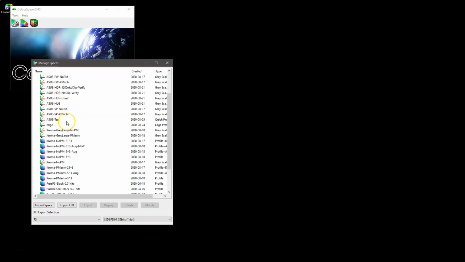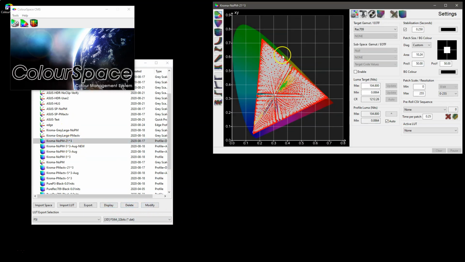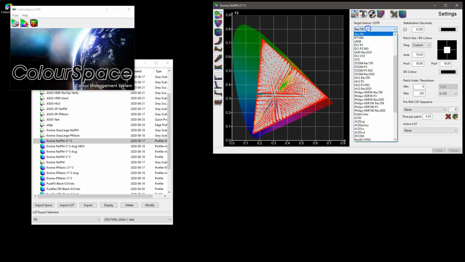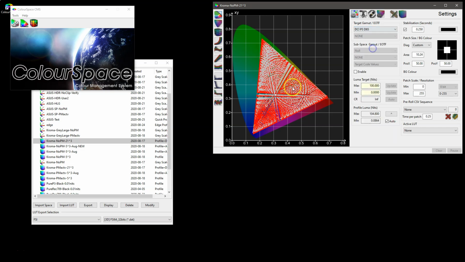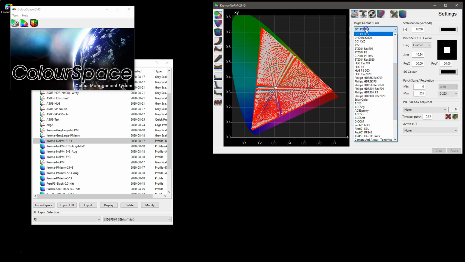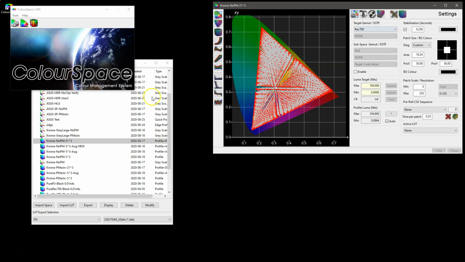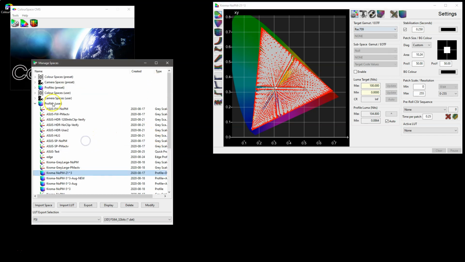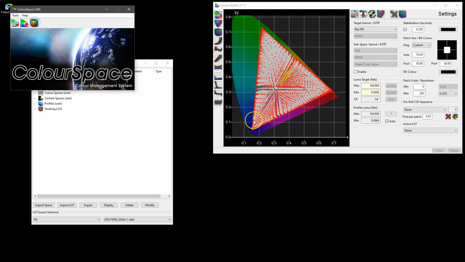But now we have all of our data in the profile. We can open up a previous one. And obviously, if we use the same one as before, we can now use that to generate a LUT to our target colour space, be that Rec 709, DCI-P3, or one of the HDR standards if we're measured to that kind of luminance level. But in this instance, we're just going to use this to generate a LUT for the standard Rec 709. And if we now go into our LUT generation tools,